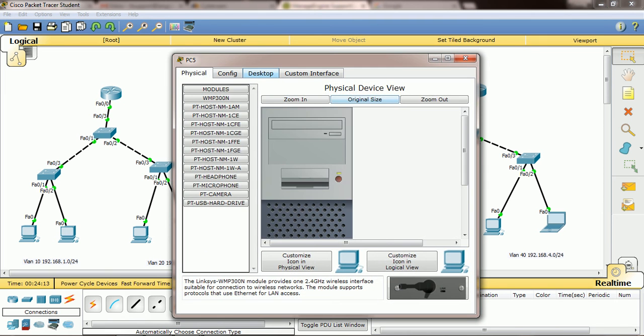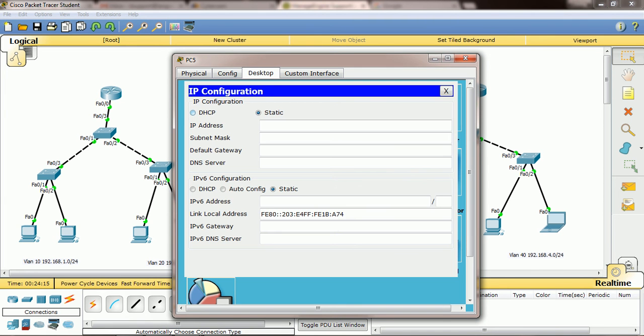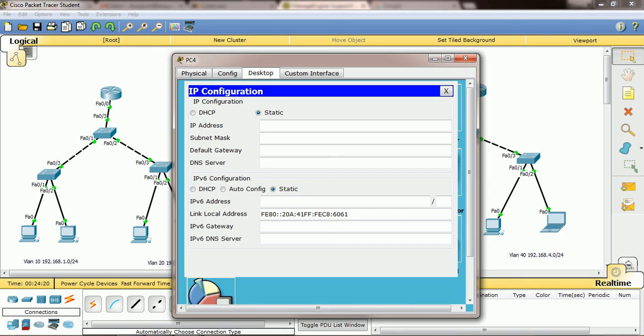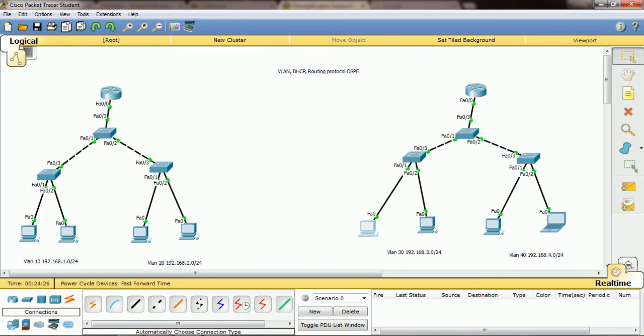So this is also going to get the DHCP IP, right? See 51, we excluded 50 addresses, then it started giving from 51. So here also 52, so everything is happening. Now you can see this is one network and this is one network, both connected to the core switch, and from the core switch to the router.